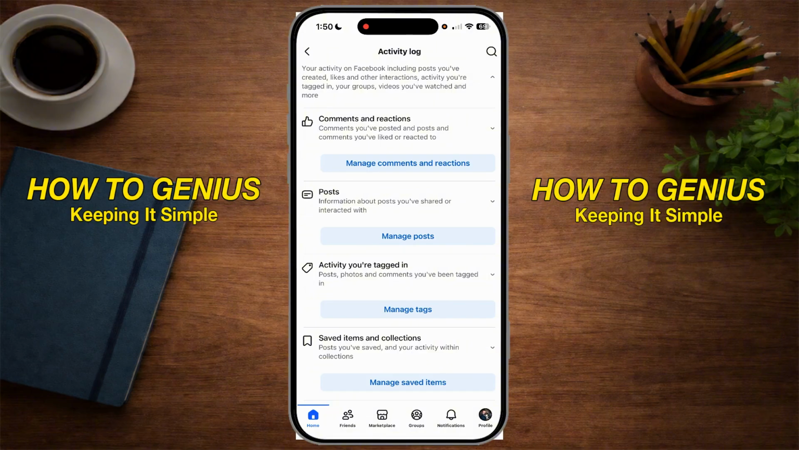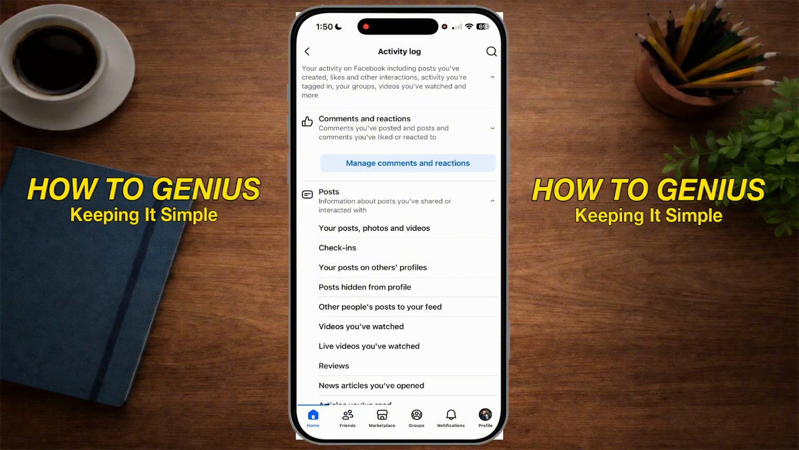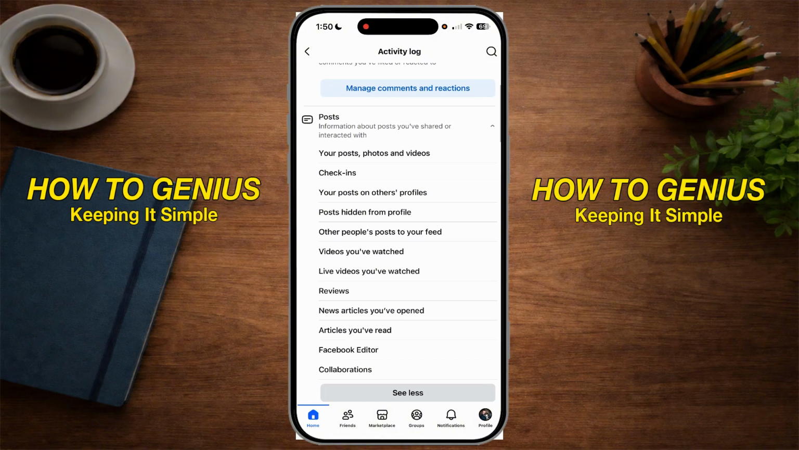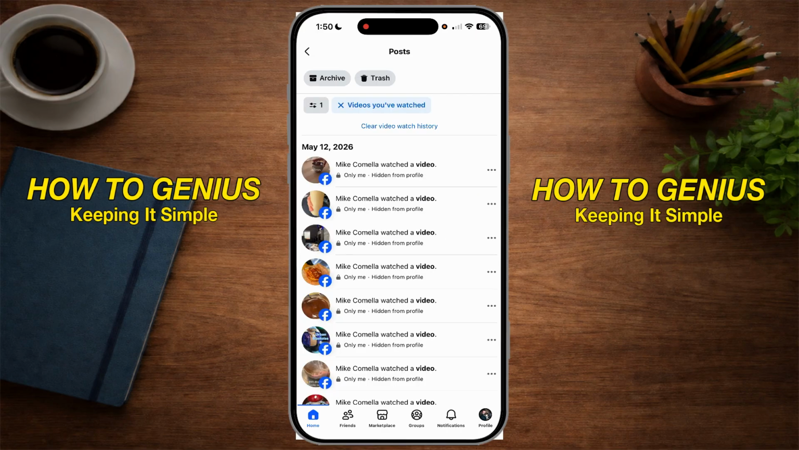So go ahead and hit that drop down menu from posts. So it won't be here directly. You will have to hit see more and you're just going to have more options here. And you want to go down to where it says videos you watched. And from here, this is just going to give you all of the videos that you've watched on your Facebook